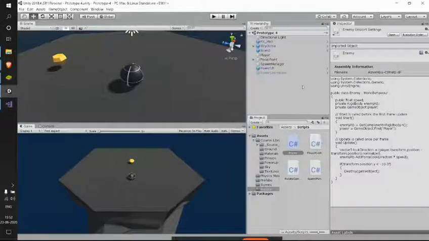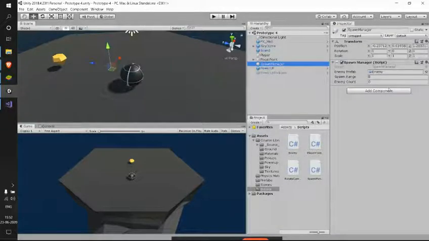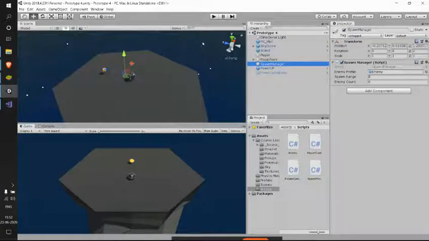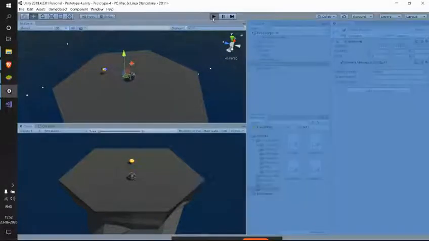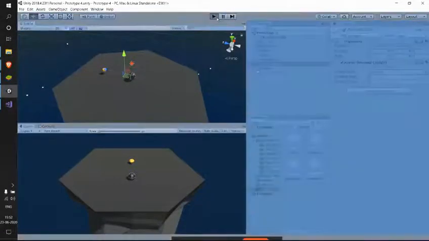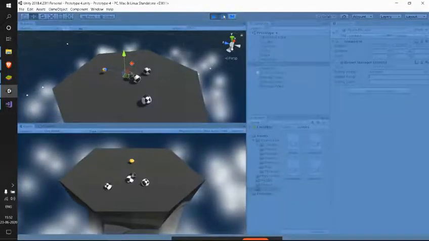And let's see what happens to this enemy count in Unity. So where is it? It's on my spawn manager, right? So see here, we can see this enemy count as 0. Yes, at present our enemy count is 0. When I start the game, I have 3 enemies here, and my enemy count is also 3.